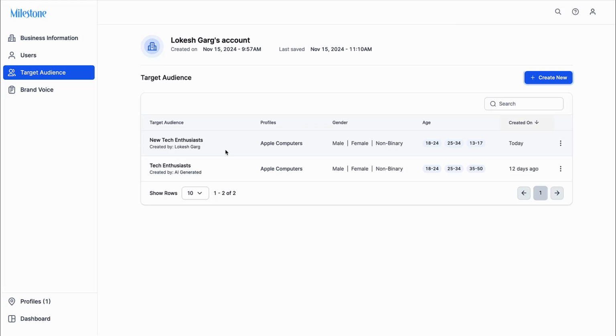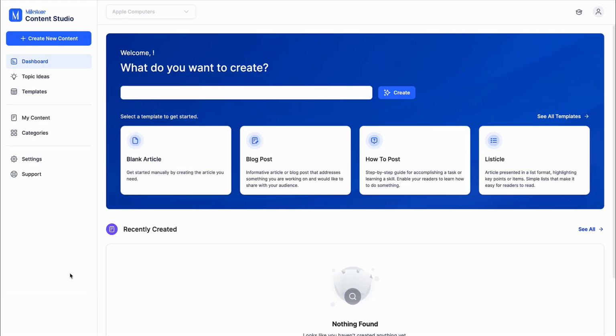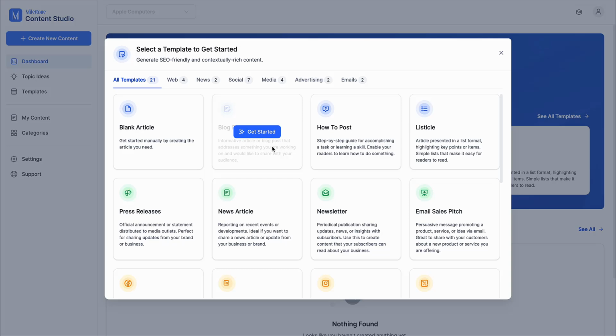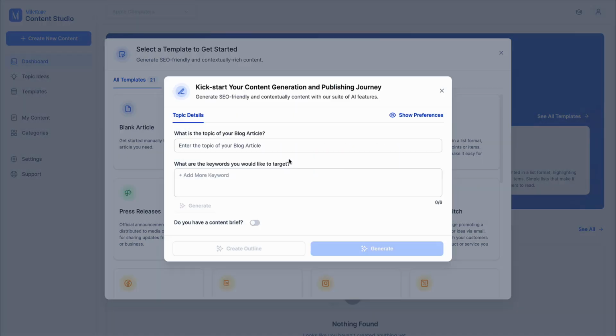So that's all it takes to create content for your target audiences and your brand voices. So now that I'm back on Content Studio, I want to create an article using the brand voice and the target persona that I have created. So what I will do is I'll click on create new content. I want to create a blog post, so I'll click here and I will give it a title of my